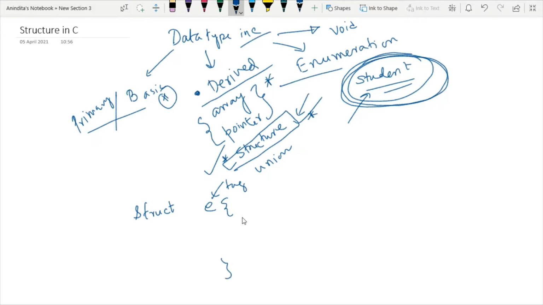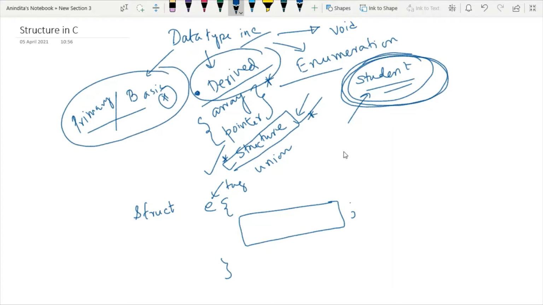And later, within the body of the structure, you can write either basic or derived data types. If I write any basic or derived data type inside a structure, then they are known as members of the structure. And I can define any number of members inside a structure.